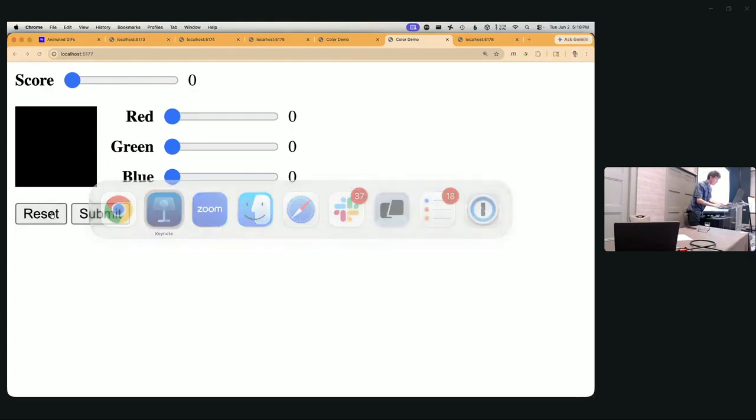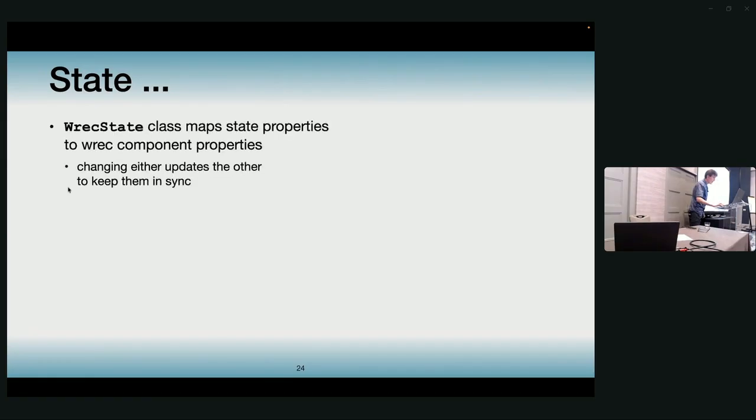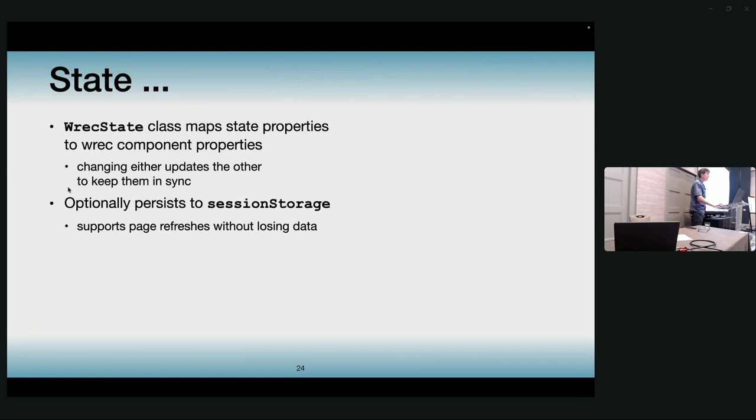Okay. And the last big feature I want to go over is support for state. So Rec state is a class provided in the Rec library that lets you share data with multiple components and keep them in sync. It can also optionally persist that data to session storage if you need that. That's useful so if the user refreshes the browser, you don't lose the data. And this is removing the need for prop drilling. I always could put my data in a high component in the hierarchy and just pass it down through all the levels. But if I use this Rec state class, then I don't need to do